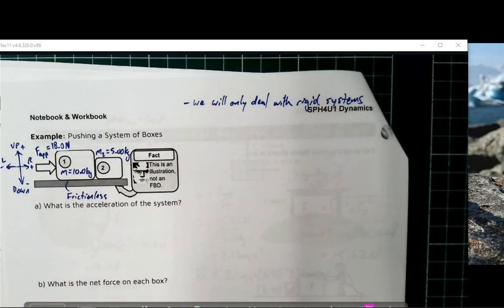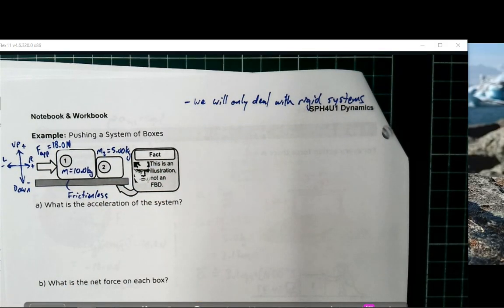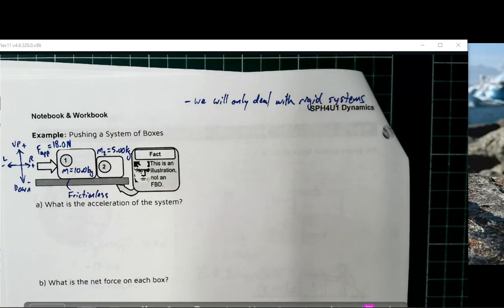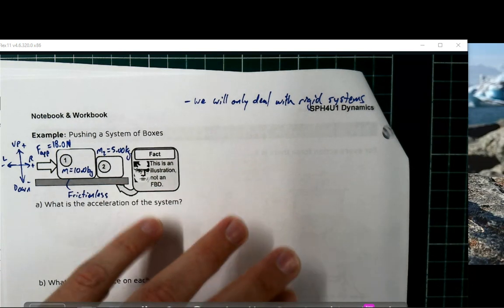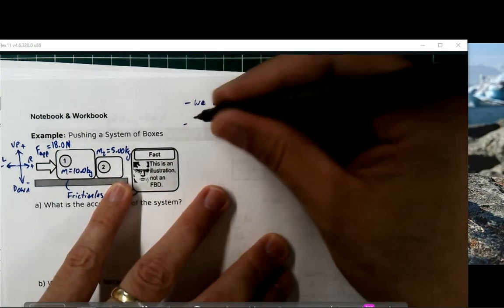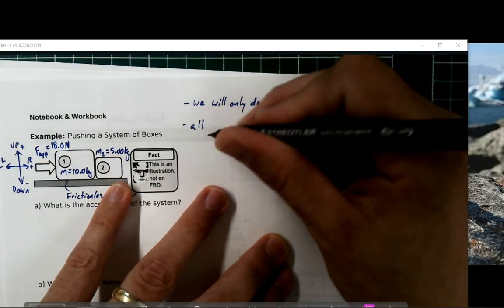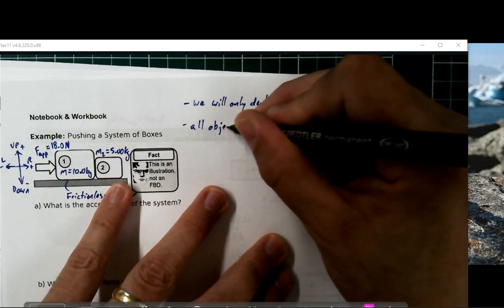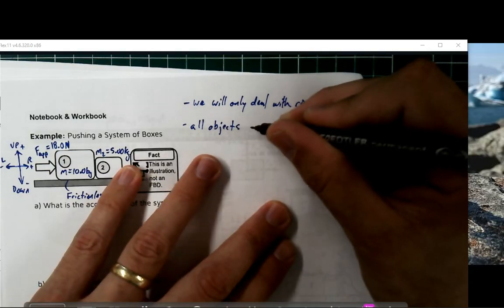We will only deal with rigid systems means that we won't deal with scenarios where the boxes collapse and squish like a sponge. We won't deal with pulley scenarios where the rope is stretchy like a bungee cord. A rigid system means that the objects involved remain their constant shape. Okay? So no stretching, no collapsing. All objects, as a consequence of this, all objects within a rigid system